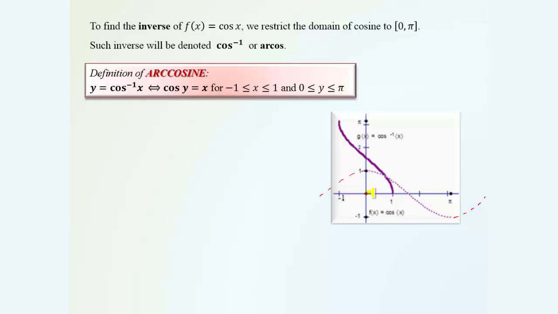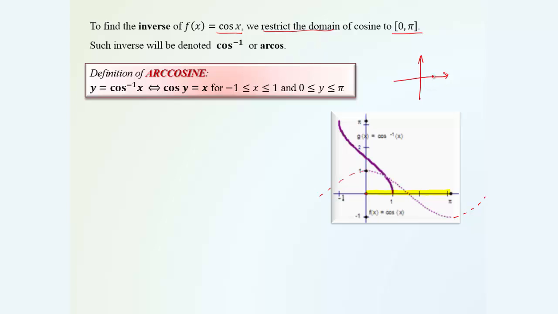So the idea is to take the section between 0 and pi, because the cosine is decreasing all the time, and it has an inverse. The inverse is drawn by a solid purple line here, only of this section of the graph. So that's our restricted domain from 0 to pi. Therefore, to find the inverse of cosine, we restrict the domain to the segment 0 to pi, which means that